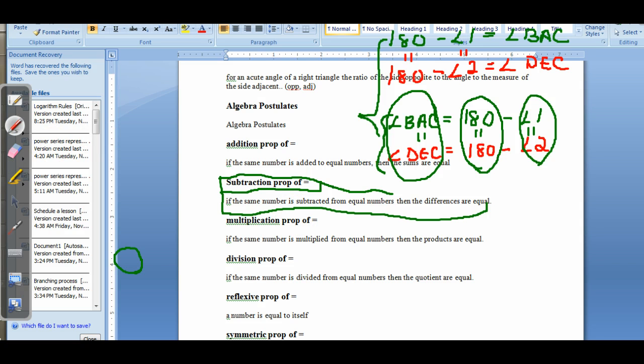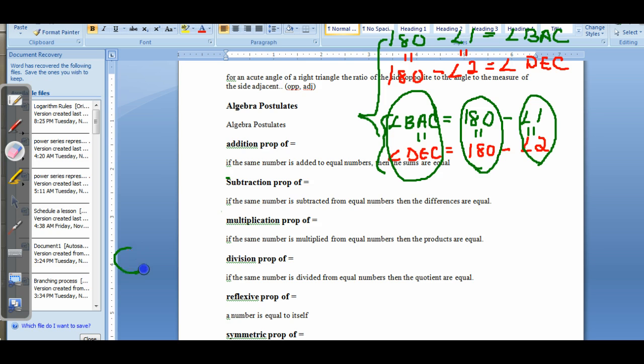This proof, however, let me erase this. It's always hard to find that. Well, it's not going to let me make a bigger eraser. So,